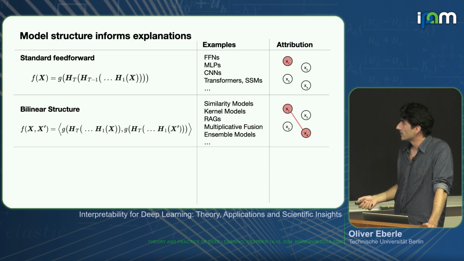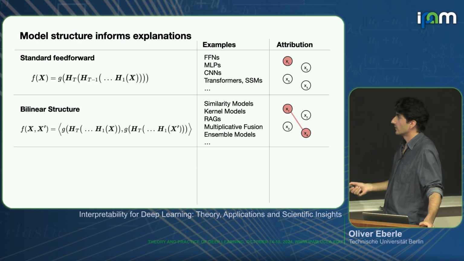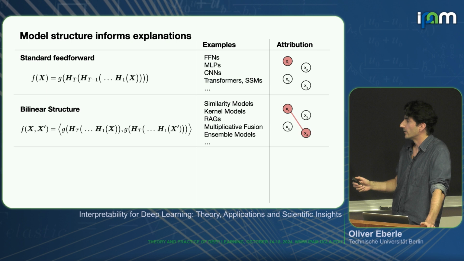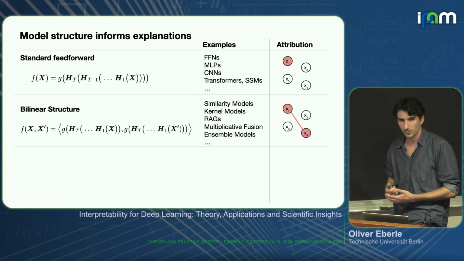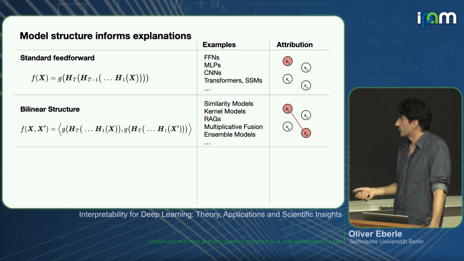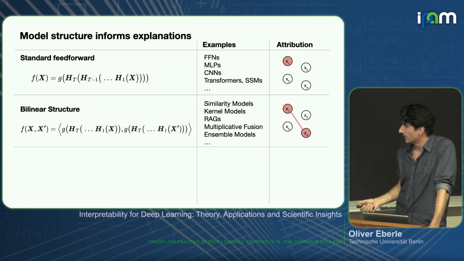And then what we find, if we do this gradient analysis, is that actually the correct way of attributing to these features is by an interaction. So you really consider groups of neurons to be relevant instead of single neurons in isolation. So it's a more detailed and more precise way of describing what the relevant features actually are. And this can be applied for similarity models and kernel models, also in retrieval type systems. So basically anywhere where you have this dot product structure, also in multiplicative fusion, ensemble models to explain variances and so on, you can exploit this.